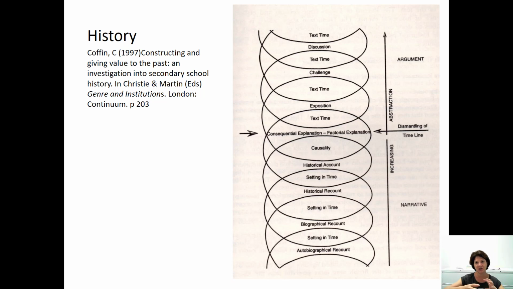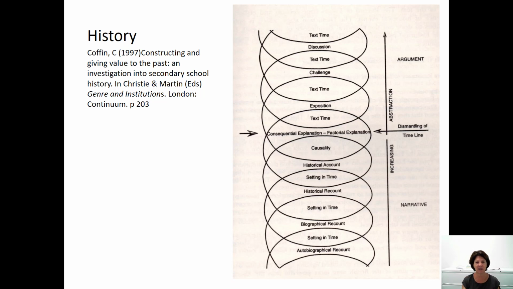If we just look briefly at history, one of the main ideas or the main changes in history education is this dismantling of time. So the work of Carolyn Coffin really looks into this. By looking at what's in the syllabus, we can start to see that these sorts of patterns arise where we play with time. We start with a very personalised look at time, my own time, and if you look at very young children's work with history, it's all about my history, my family's history,